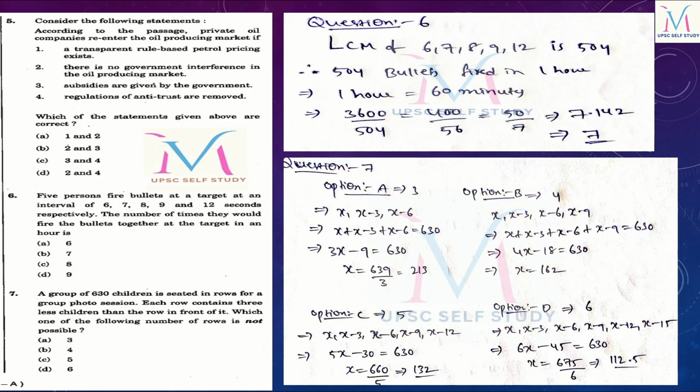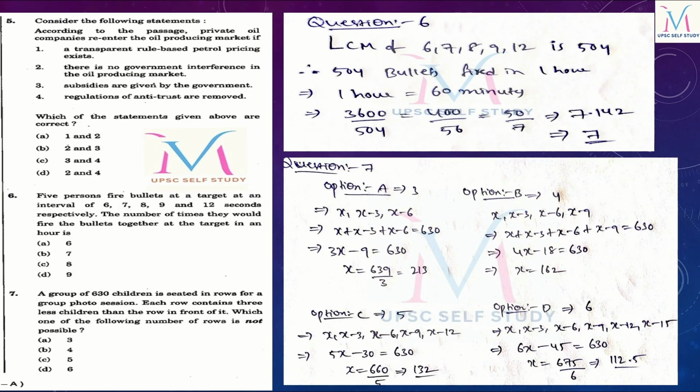1 minute is equal to 60 seconds, right? Here the question is, they are firing the bullets irrespective of the difference in seconds. So we have to turn this 1 hour into seconds. So 1 hour is equal to 3600 seconds. Okay, now 3600 by 504, and if we divide this 3600 by 504, we get